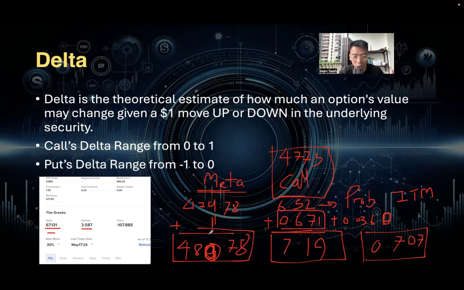What this means is when the share price increases by $1, the probability will increase from 67% to